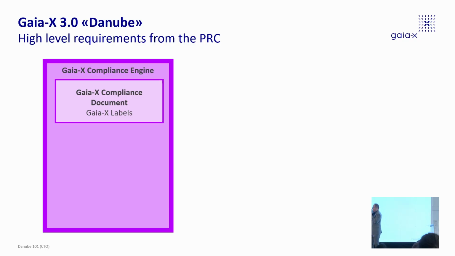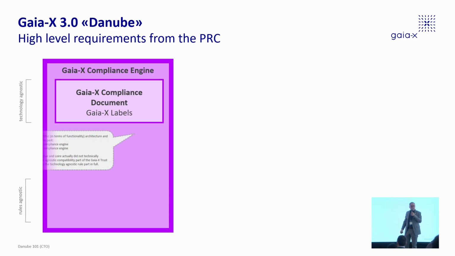Initially, of course, you know that we start with very high-level requirements in the form of the compliance documents. And the idea was that somehow we have to implement that into code. And you remember that in our trust framework we have the technology agnostic rules. So this is PDF. This is written text, written criteria like a law book. And then we have somehow the rule agnostic technology implementation here.